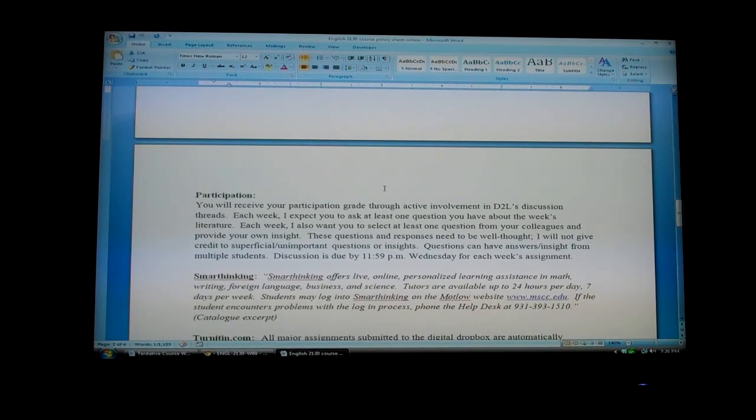The due date on participation, I really want to make sure you understand. The due date for participation is earlier than your homework and quiz, and that's because I want to encourage students to not wait until the last day to submit their thoughts on the week's reading. So please know that discussion's due by Wednesday of the week, 11:59, and that's to hopefully encourage students to get in there before the week is actually through to read some of the questions that students have posted and choose some to respond to.